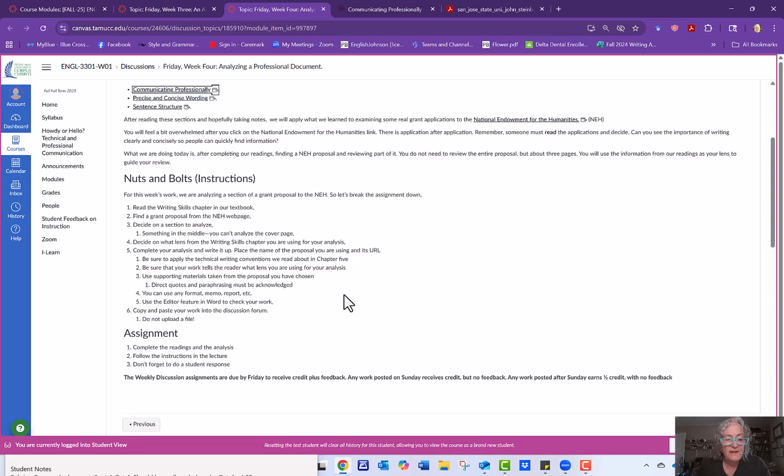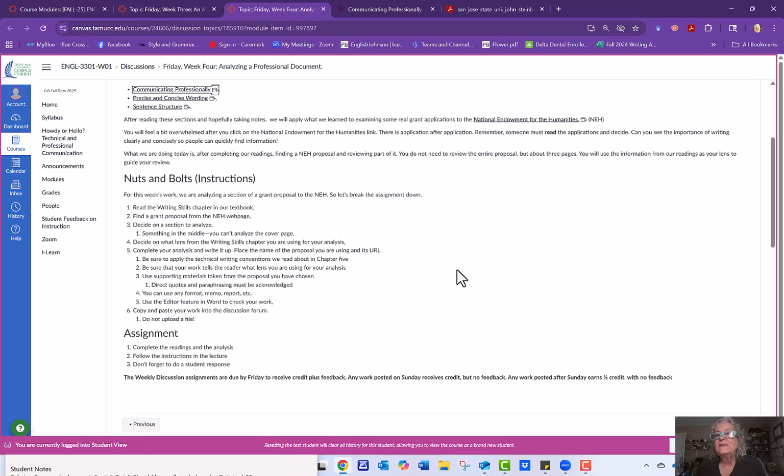The format is not going to be really important in this, but you can't write an academic essay. You're not going to copy and paste a 2-page paragraph into your discussion forum. Just an essay, okay? You're going to be using headings and subheadings. That's what's going on here. You're going to copy and paste what you've written into the discussion forum because it's really hard to give peer review on something that you have to download, open, and save.